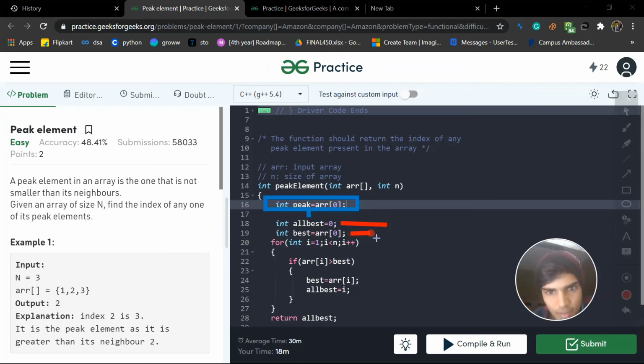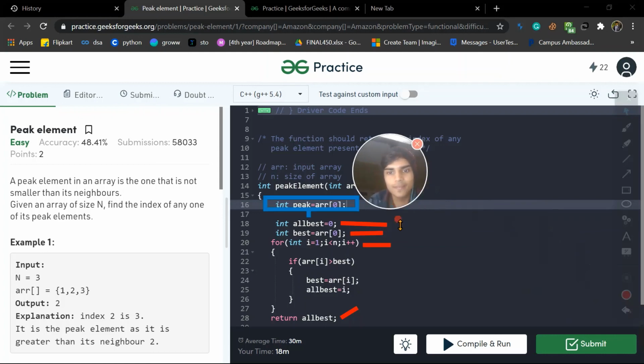Now we assign the best variable to the first element, and we traverse the array from the first element to the last element. We compare each element of the array with the best one. If it is bigger, then we assign that value to best and update the position. After that we return best. Got it? So this is the simple algorithm, and I hope you understand it better.